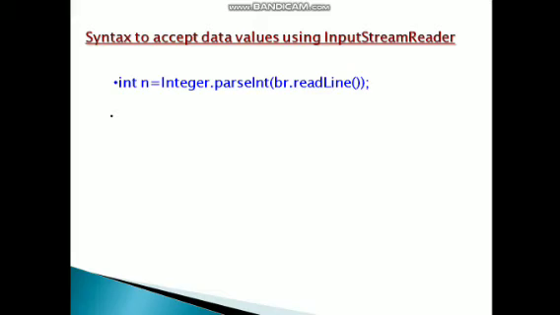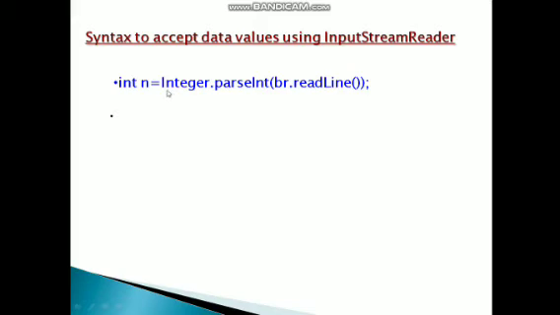So you have to give those two statements in the beginning, that is InputStreamReader ir is equal to new InputStreamReader of System.in, BufferedReader br is equal to new BufferedReader of ir. After that, if you are accepting an integer value, again you have to give int n is equal to Integer.parseInt of br.readLine function.